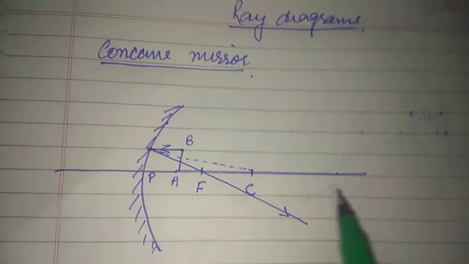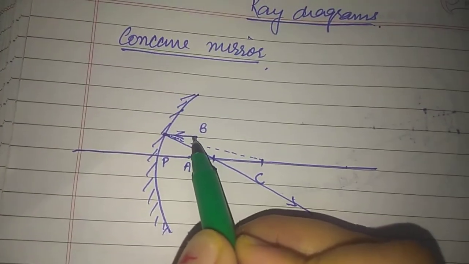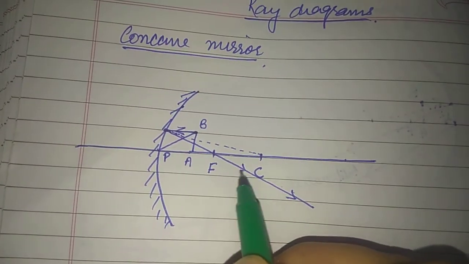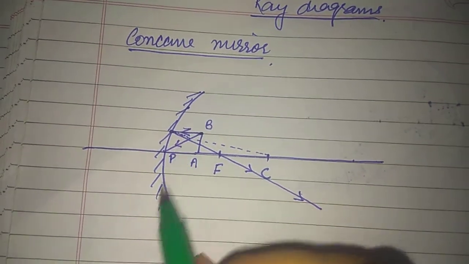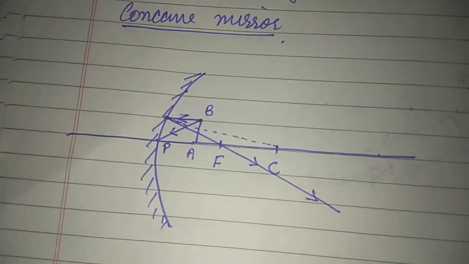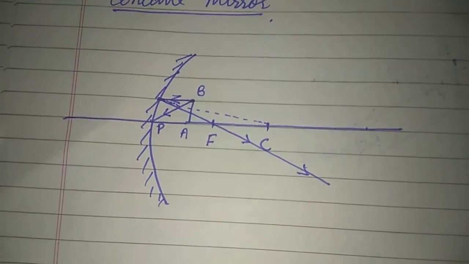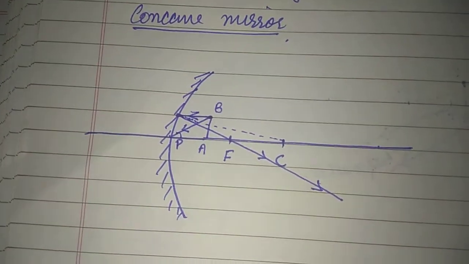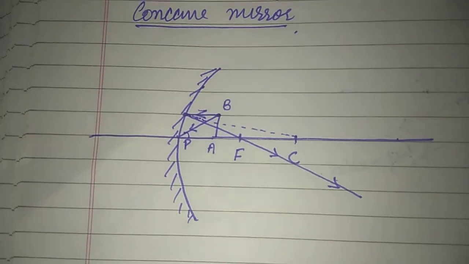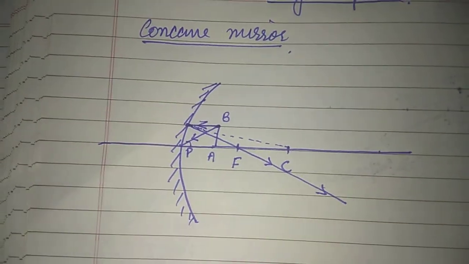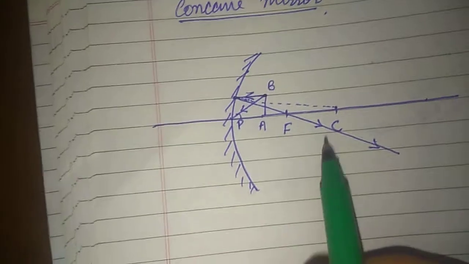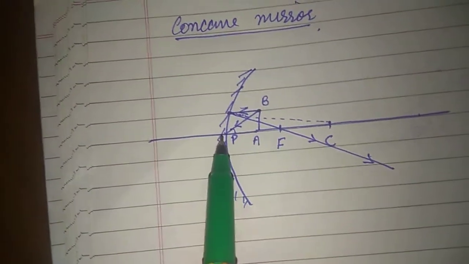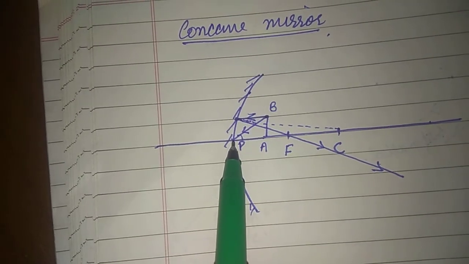And the second convenient ray that can be taken is one which is going to fall on the pole. Arrows are a must. This is another ray I'm going to take from the point B, which is going to fall on the pole. This is the angle of incidence here. By making the same angle of reflection, the measure should be the same. I'm just doing it without any measurements, but if you draw it with measurements, you will get perfect ray diagrams.